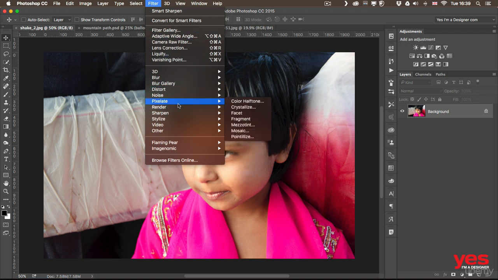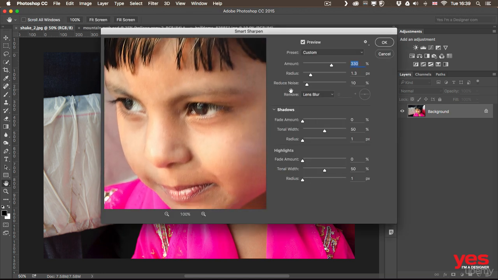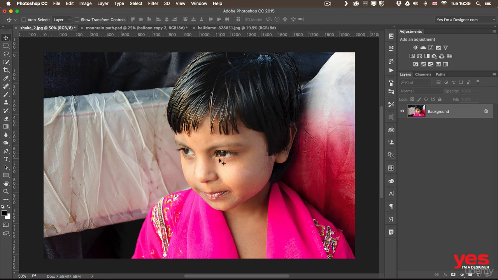We can maybe sharpen this image slightly, so we can go to sharpen and then choose smart sharpen and then dial in the values we want. We can already see before and after. It's okay, it's slightly better. It's not perfect, but maybe make it a bit stronger just to make it obvious. Something like that, maybe even the radius. I will intentionally overcook this, so I'm going to click OK, and you can see that the filter has been